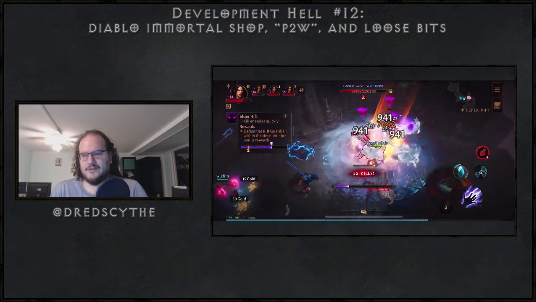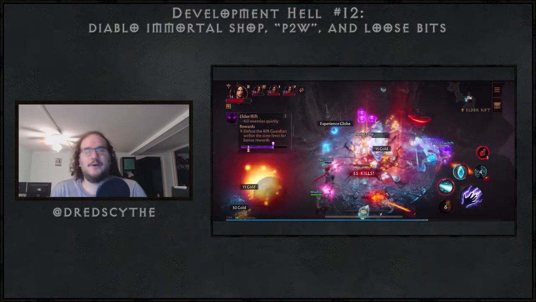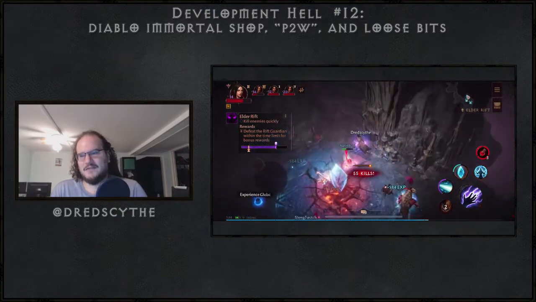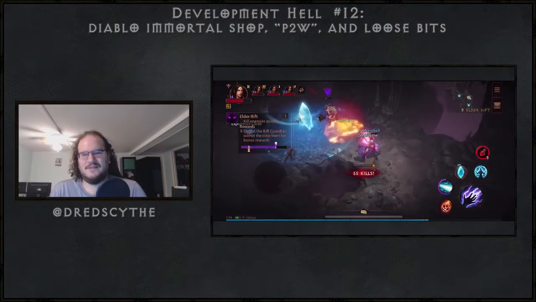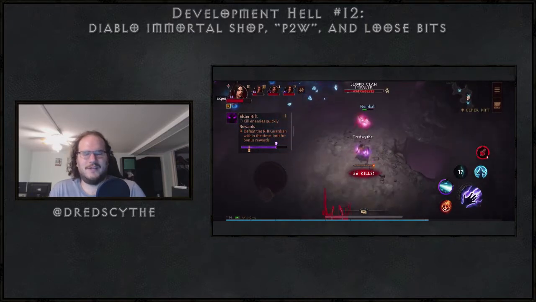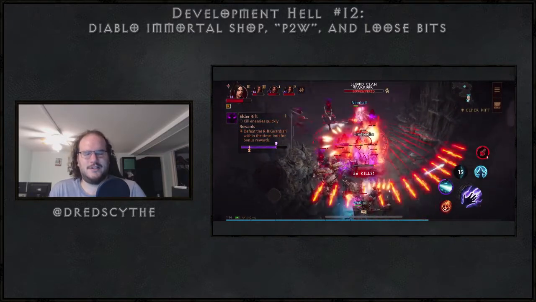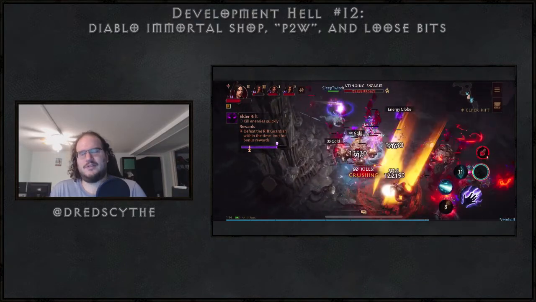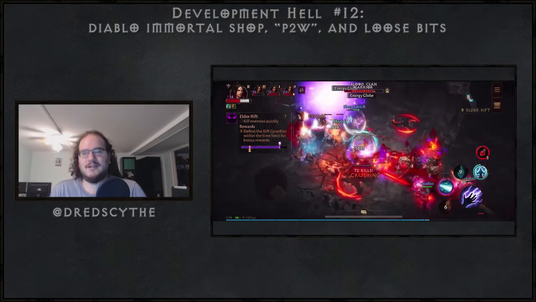Now, my initial first thoughts, because if you know me with these development hells, I'm always thinking, how could we rectify this? The first initial thought was, well, just give Elder Rifts a 2 to 5% base chance of dropping a legendary gem. But the consequences of that could be potentially huge, because this game actually does a really